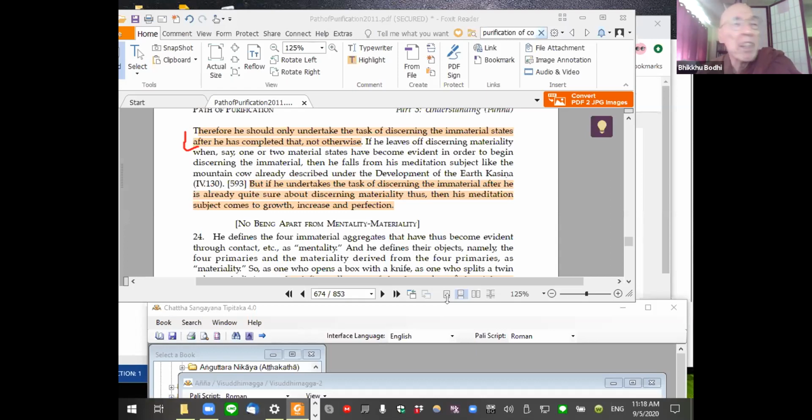No, no. The momentary concentration is the concentration that is developed by the Vipassana Yanika meditator. So the Vipassana Yanika meditator, to gain insight, has to have some concentration. It's not possible to gain real insight without concentration. But the Vipassana Yanika doesn't develop either access concentration or absorption concentration of the jhanas, but rather the Vipassana Yanika begins by